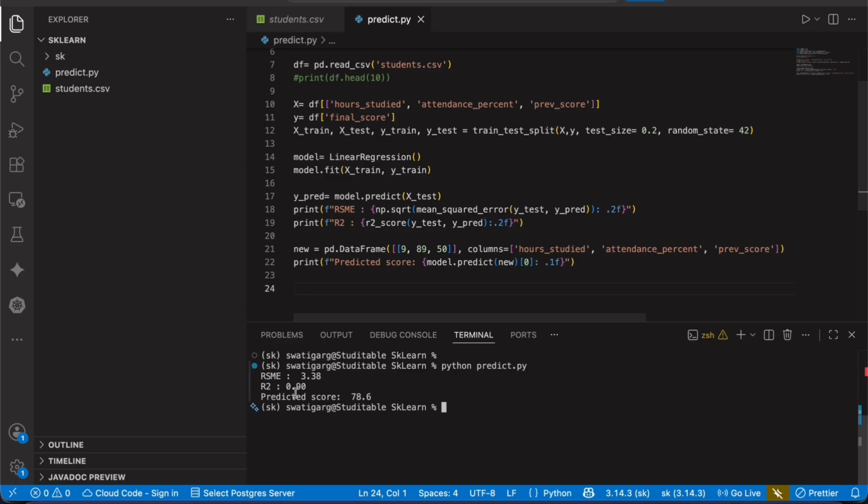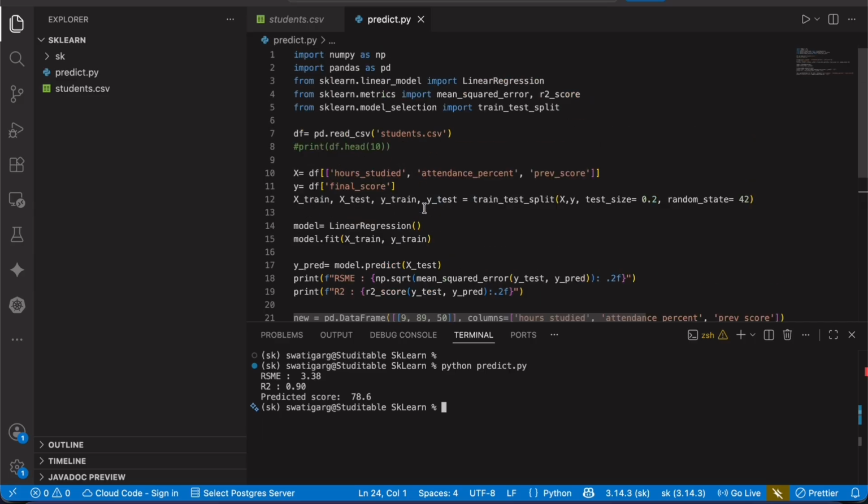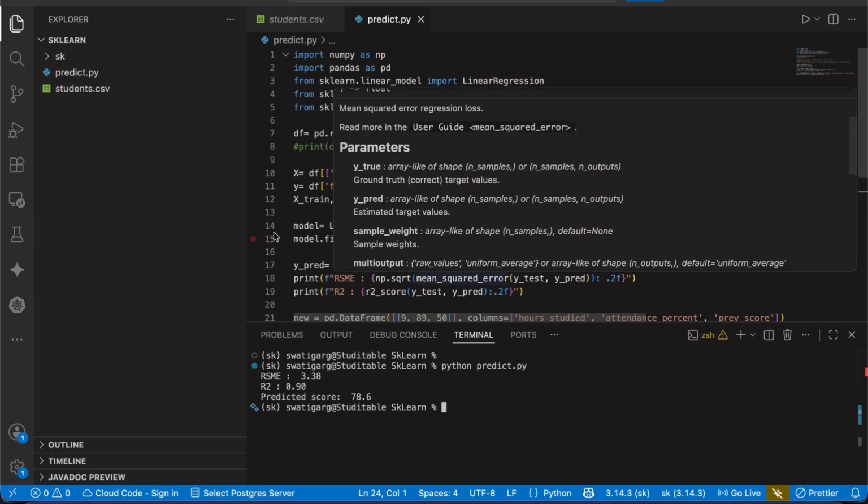And RMSE is very low, 3.38, which means the errors were very small, and the R2 is also good, which means the model is good enough, right? So this program is working fine.